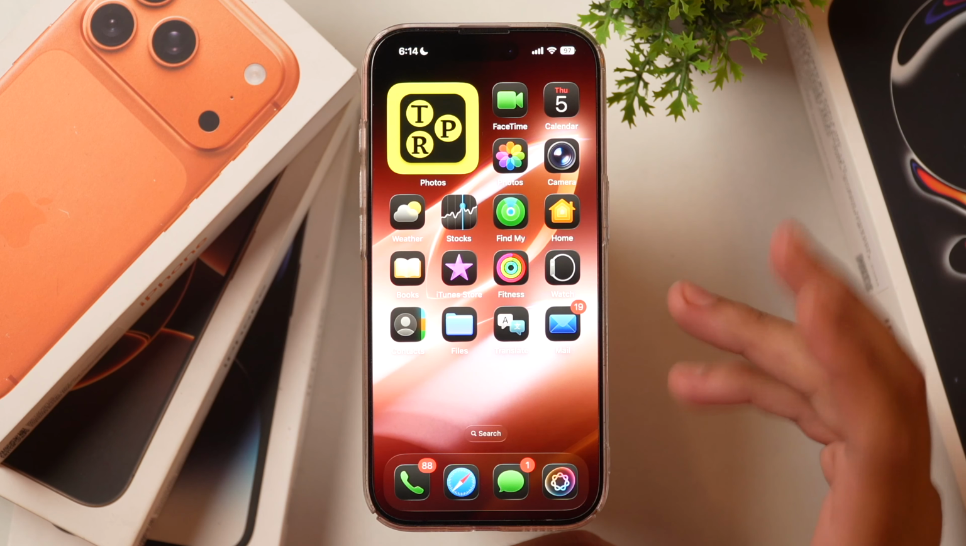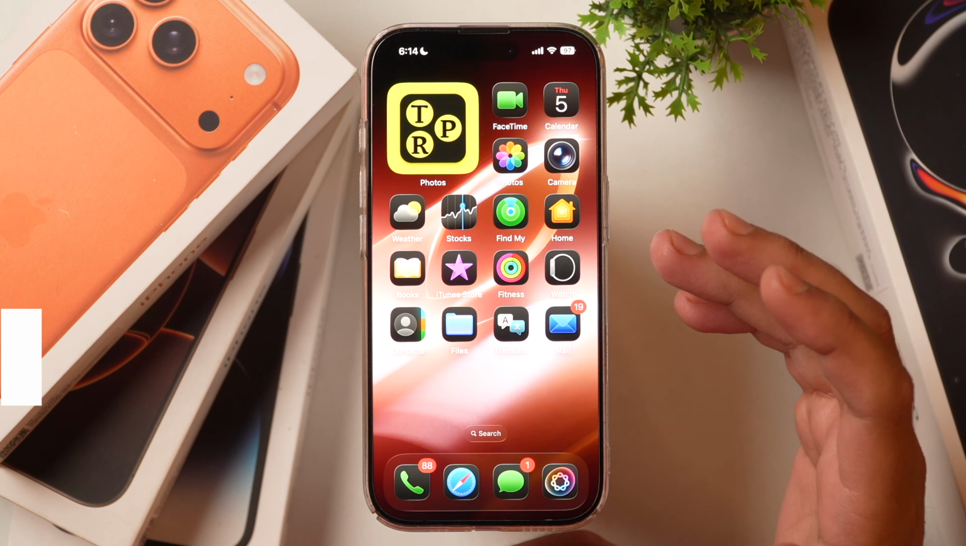If you want to password protect pages and lock pages with a password on iPhone, this is the video you